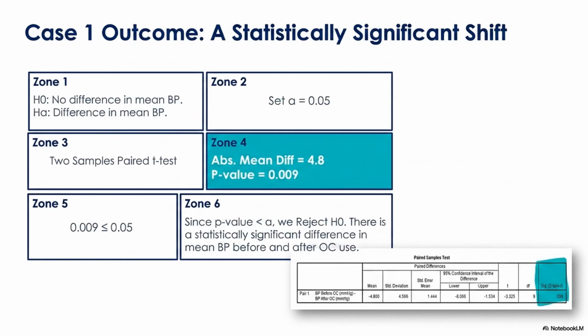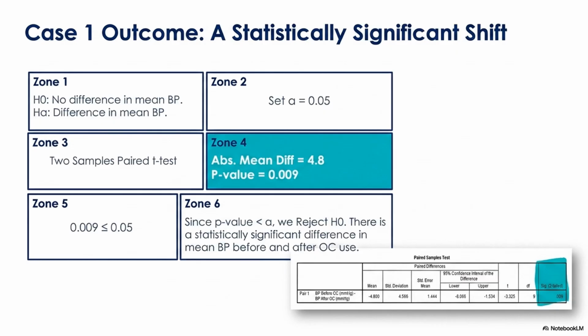Example Case 1 outcome. The first step is the hypothesis statement. The null hypothesis is no difference in mean blood pressure, and the alternative is a difference in mean blood pressure. Step 2, level of significance: alpha is equal to 0.05. Step 3, test statistic: paired sample t-test. Step 4, the calculation: mean difference is equal to 4.5 and the p-value of the paired sample t-test is